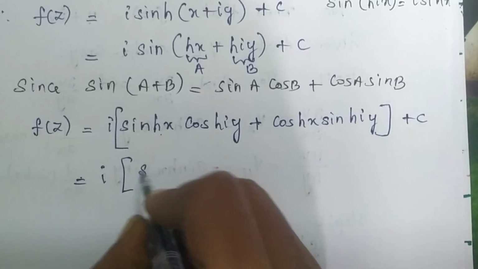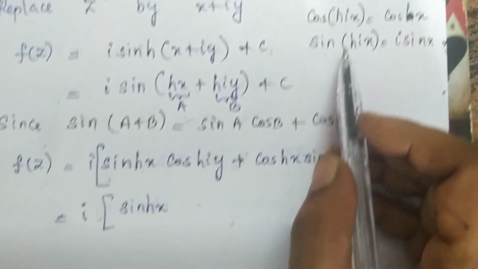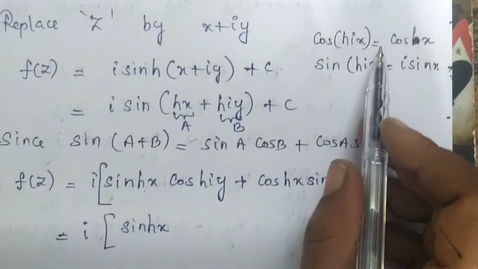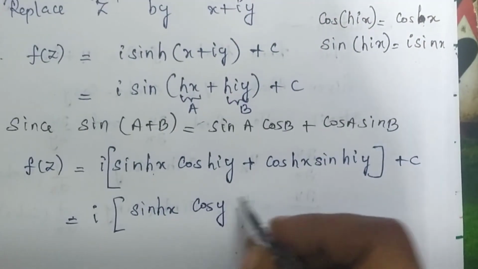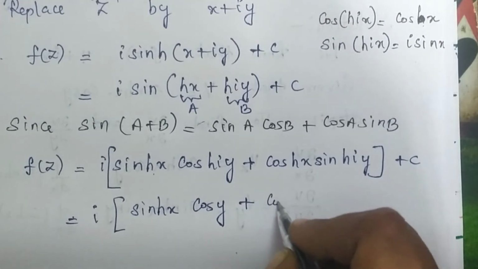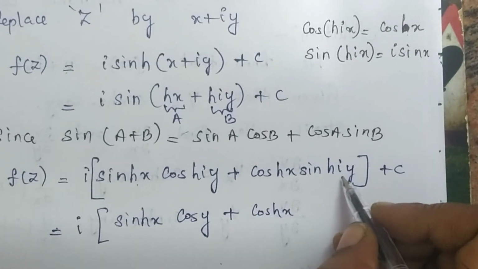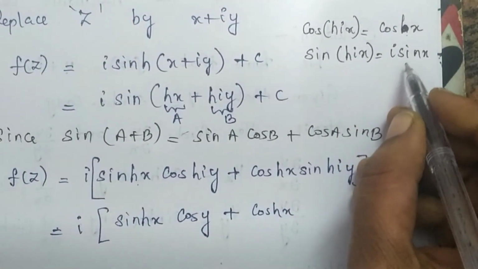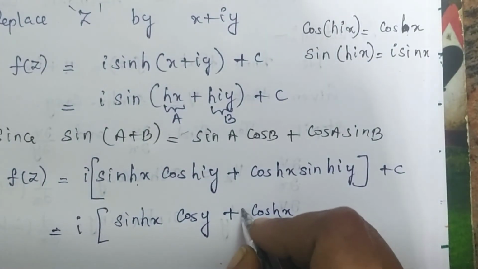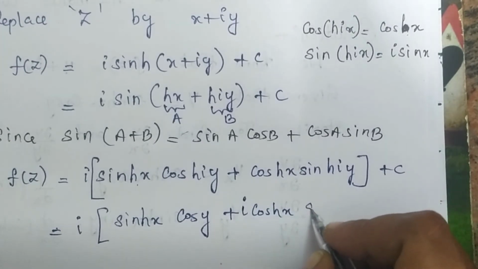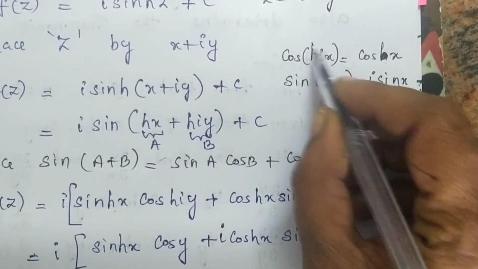Okay, so when we substitute that, sin hx into, here we have cos hiy. So by using this result, we can write it simply as cos y. So here it becomes cos y. Here the variable is y instead of x, that's all. Plus cos hx into, similarly here the angle has I, so I have to remove it. So sin of hix is equal to I sin x. By using this result, here we can write it as I into sin y. I bring the I to the front. So I into sin x, we are converting to circular function. We have written from the hyperbolic case to the circular function.